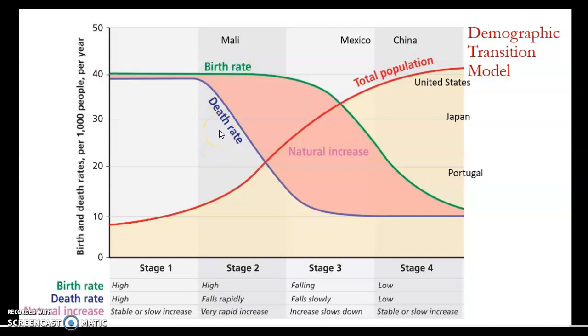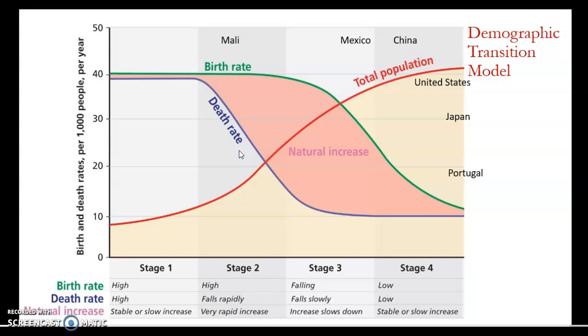In stage 2, we find countries that are based in agriculture and perhaps early industry. The high crude birth rate reflects tradition. There's a need for large families to support an agriculturally based economy. We're also looking at, in the early part of stage 2, a high death rate. So within stage 2, there's a few social factors in play. One, we see that the norm, the tradition of a large family, stays true even while the death rate falls.